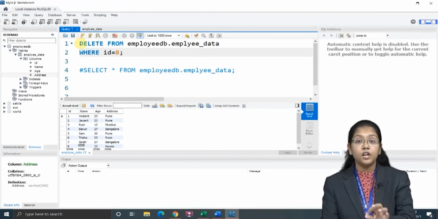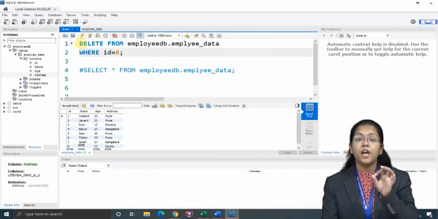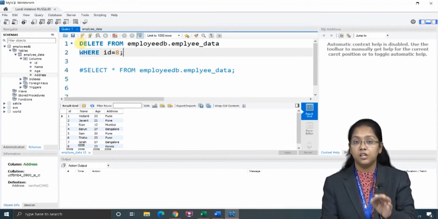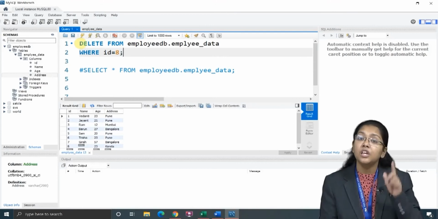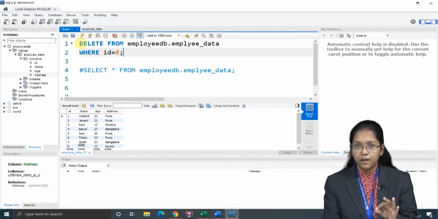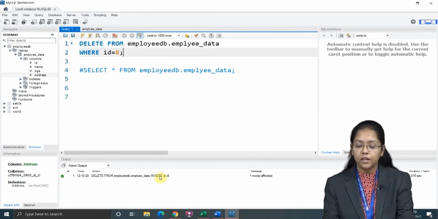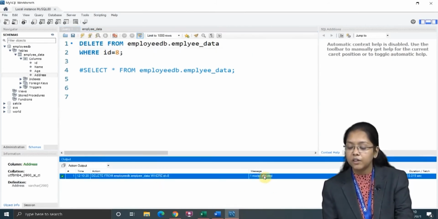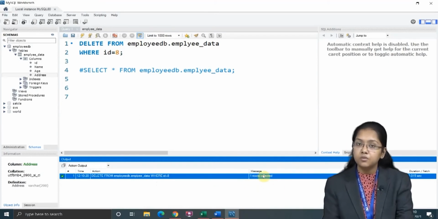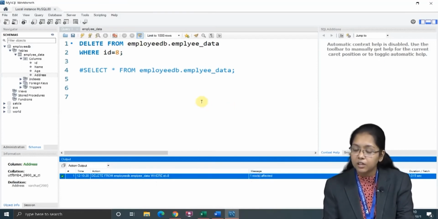Again, here you have to specify the id as it is unique; you have to specify a unique location here also. Now I will just fire this query. One row affected, you can see in this message whether the rows are affected or not. So here it is telling me the rows were affected successfully.